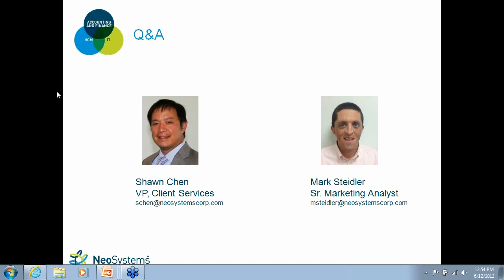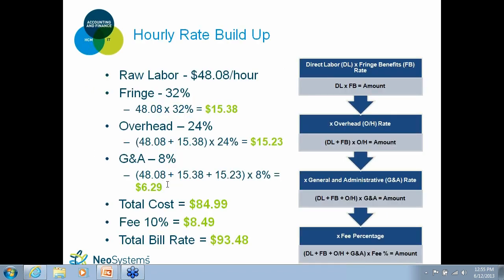There is a question about the rate calculation. Can you go back to that slide? Okay, so next question, of those sites that was listed, which site is best to see what compliance is required